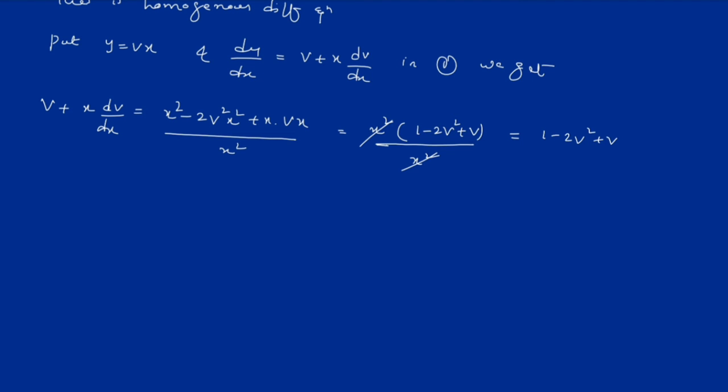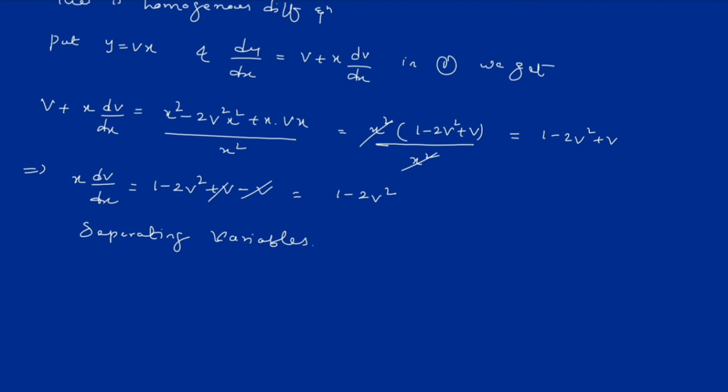So which implies x dv upon dx is equal to 1 minus 2v square plus v minus v, the v and minus v get cancelled, which is equal to 1 minus 2v square. Now separating the variables, we get dv upon (1 minus 2v square), which is equal to dx upon x, integrating